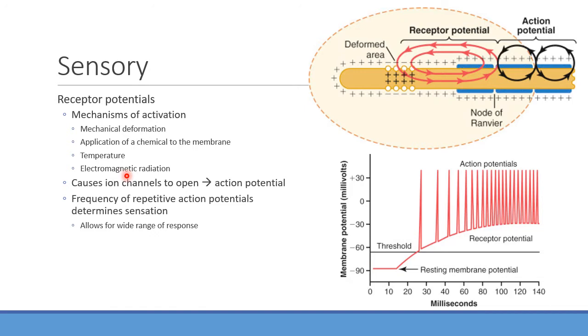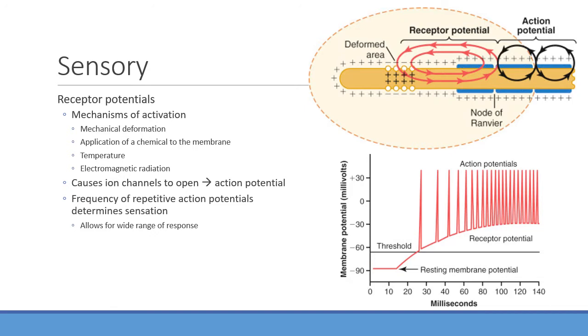That light energy can be utilized to kick off those action potentials, as we're going to see a little bit later on. So anyway, once the channel's open, you have an action potential, and based on the frequency there, it will determine how much sensation you have. So if it's just a little bit of an activation, you may only get a few action potentials. Imagine you have the resting membrane potential of a nerve, and then once you hit that certain threshold, it may fire off slowly. You may get a small amount of perception of a sensation there, or it can happen much more quickly. And depending on the type of tissue we're dealing with, this may change over time. So there's going to be a degree of adaptation that occurs with these as well, as we'll see in just a minute.